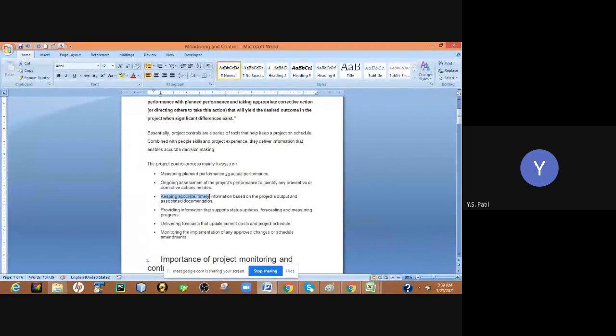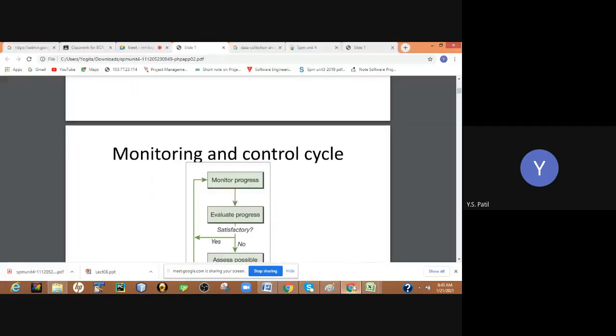Keeping accurate, timely information based on the project output and associated documentation, providing information that supports status updates, forecasting, and measuring progress, and this forecasting will help you update the current cost and the project schedule. And monitoring the implementation of any approved changes or schedule amendments. So the project control process focuses mainly on these tasks that we have seen.